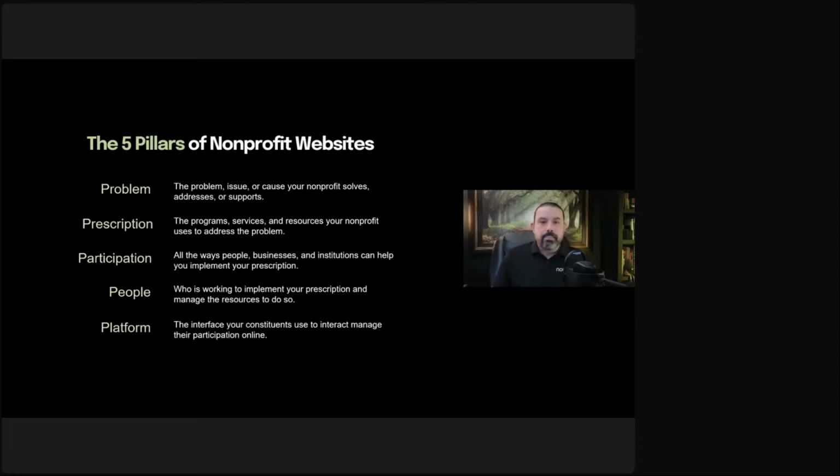So for people, what you're looking to do is establish authority. You're saying, these are the people involved, not just putting your volunteers' faces on your website to make them feel good. That's not what the people section is meant for. It's not meant to just put your board up there so people know who they are. No one cares who they are unless there's a specific purpose they serve on your board. So you want to talk about your board in general, what the mix is, and if there are people of importance, make sure you mention that. You're trying to build the case that this is the team that can actually implement the prescription.